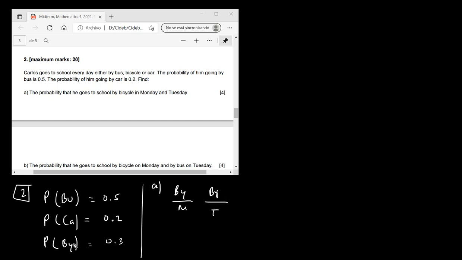I'm writing BY instead of BI for bicycle. Okay, so how do I solve this problem? What do I do? Okay, you must realize the following: